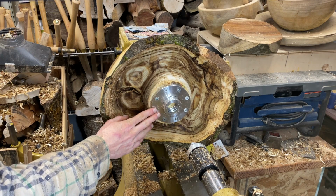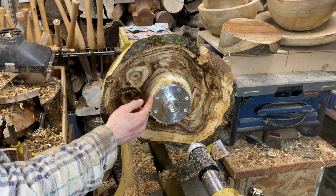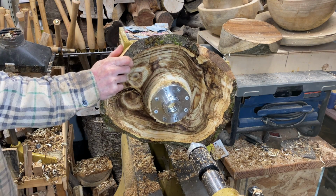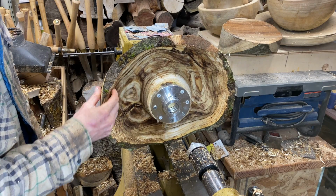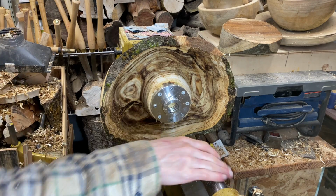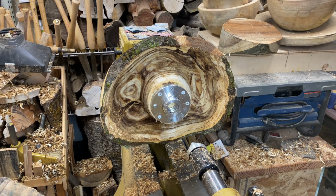I think what I'm going to do here is take the faceplate off and try a Forstner bit to see if I can remove more of the center. It's a little bit risky because the wood seems so resistant to cutting, but I don't know what else to try. I can't really do much with this centerpiece with my tools, so